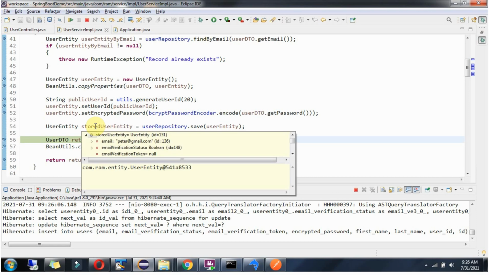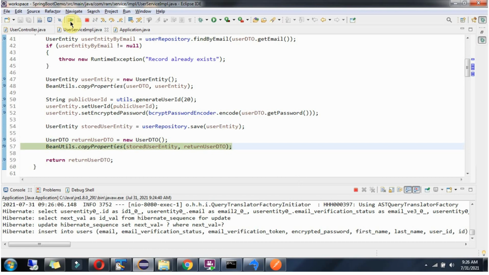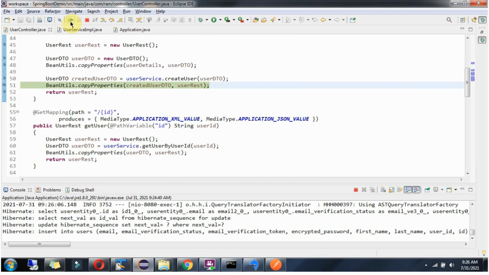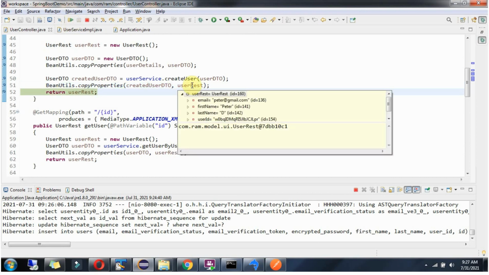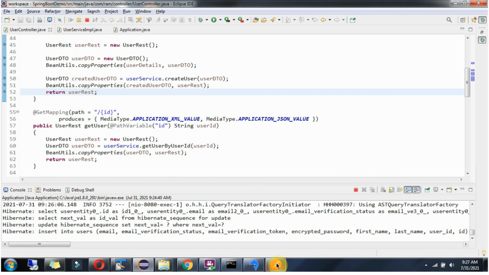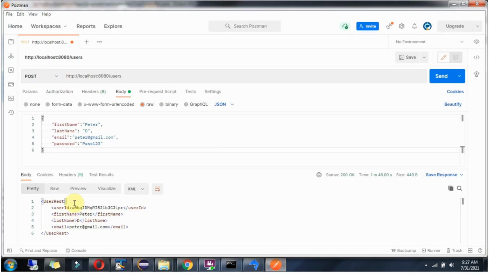Here we got the stored user entity object. The user values are successfully saved into the database. Then this user REST object will be returned back to the caller. Here you can see the user is successfully created, and the user ID is this one, and first name is Peter and last name is D. Email is